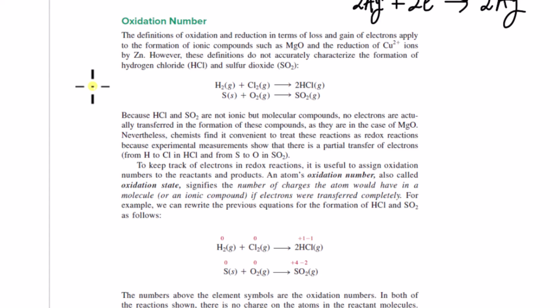Okay, but redox reactions don't have to involve ionic compounds like they're showing here. So you have H2 gas plus Cl2 gas gives HCl gas. This is a redox reaction. And so is this. And there's no ionic compounds. But these are still definitely redox reactions because you don't need to have a full transfer of electrons from one element to another to have a redox reaction, which would be the case involving ions, right? That's ions. It's a full transfer of electrons. All you need is just a shifting of electrons from being associated with one element to being associated with another,